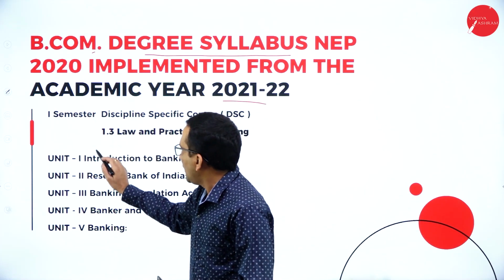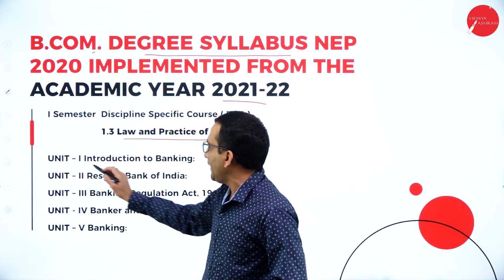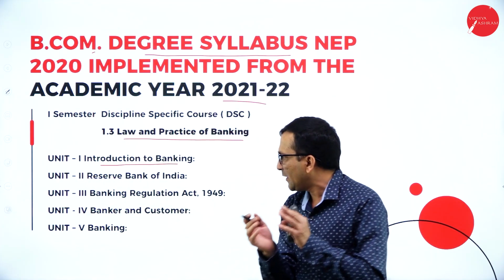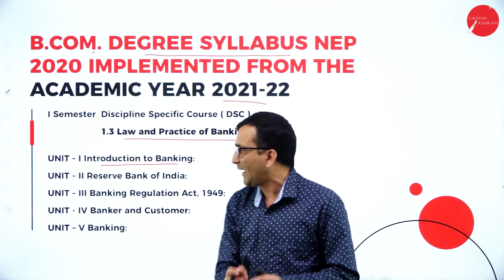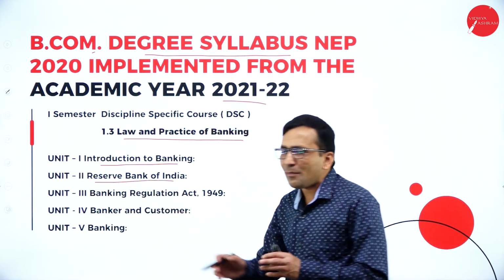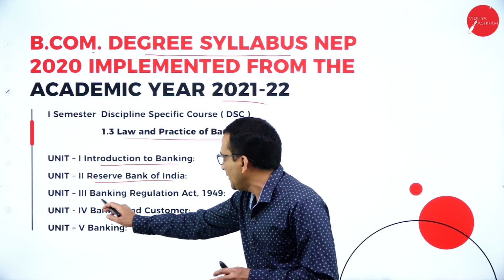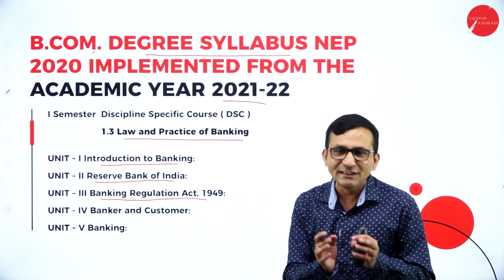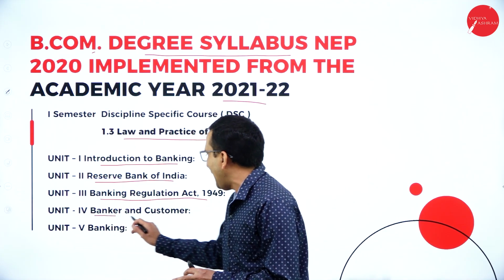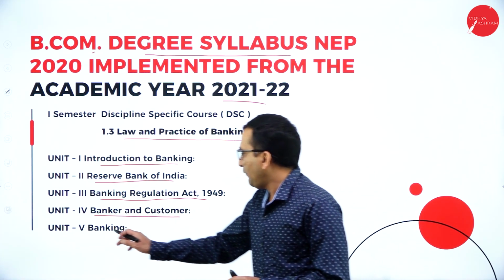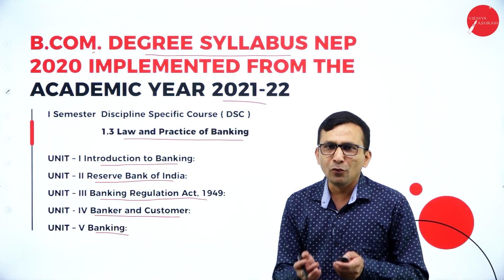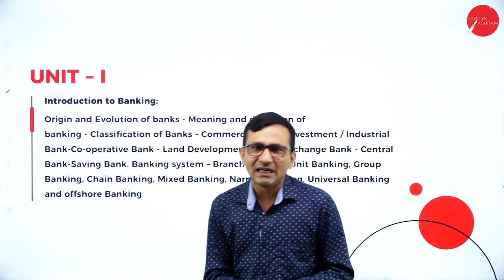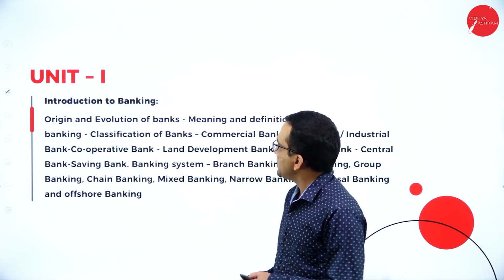So the first is Law and Practice of Banking, the first unit which is related to introduction to banking. Again, the second unit, Reserve Bank of India. And third unit, Banking Regulation Act 1949. Fourth unit, Bankers and Customer. Fifth unit, banking. Okay, so moving forward, the first unit, what and all the topics which are covered in the